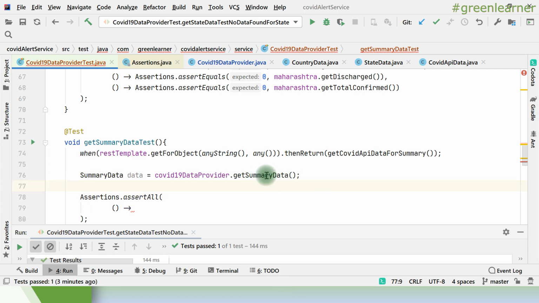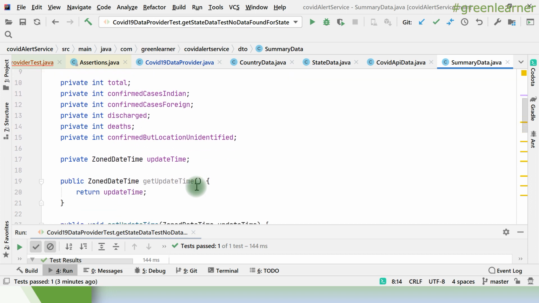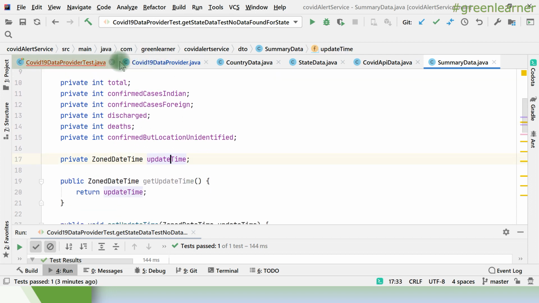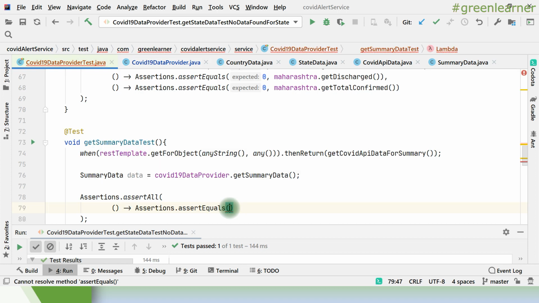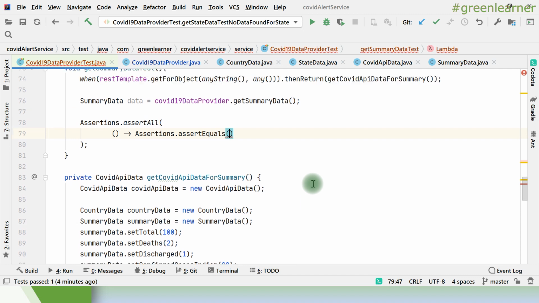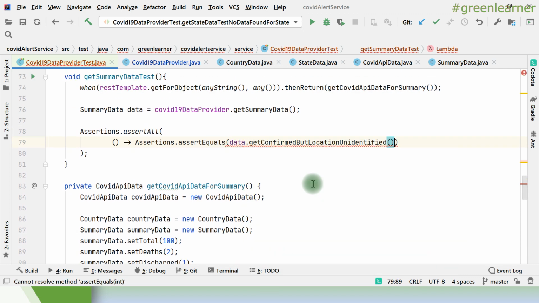Under summary data, let's see what we have. We have total, confirmed, deaths, and all this. I have to compare all of this. So assert equals, and under summary data we have data dot get this one, and this is 0, because we have not set it, so it will get the default data.